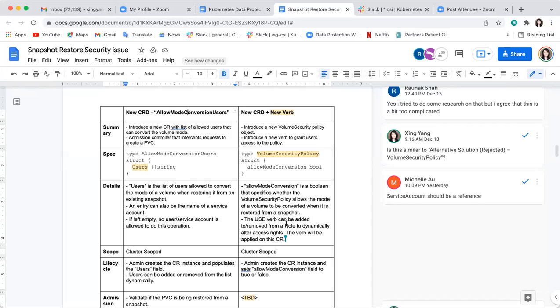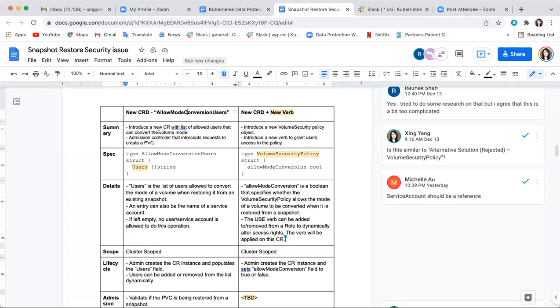I think he said, and maybe Ben can just say yes or no after this, that if you wanted the property that you could add new users to use the existing one after it was created, and you wanted the advantages of RBAC, those two properties, then it seemed to me that he was advocating that the verb with the CRD would be the more appropriate approach to do those particular use cases.